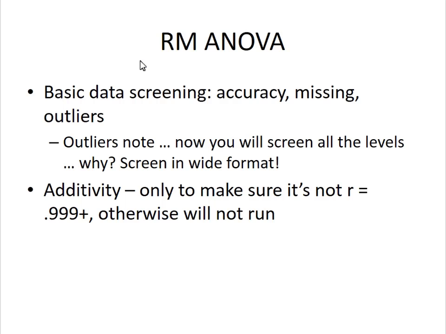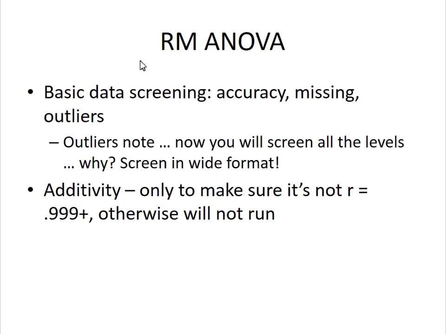The last two sections we've had to do z-scores, because we only have one column. Now we should screen in wide format. So leave the data in wide format. Why? If you melt it first, it's still one DV. It's in wide format, but it's one DV, one set of scores that you're measuring across different conditions. But if you screen that in long format, you're ignoring the fact that they're correlated. So we want to screen in a way that